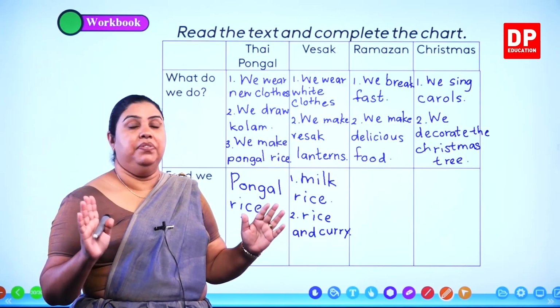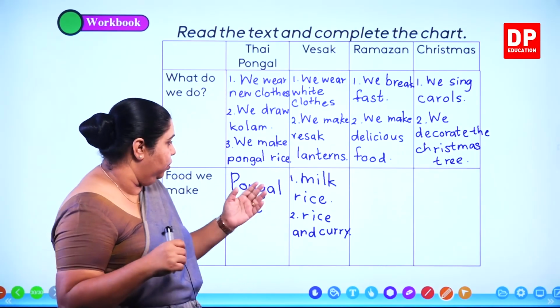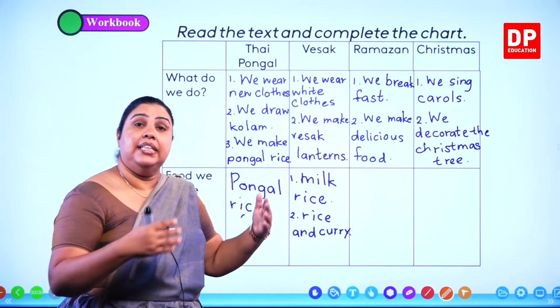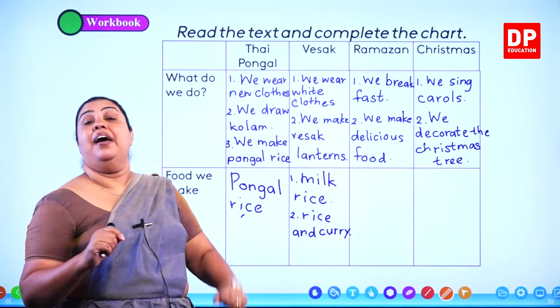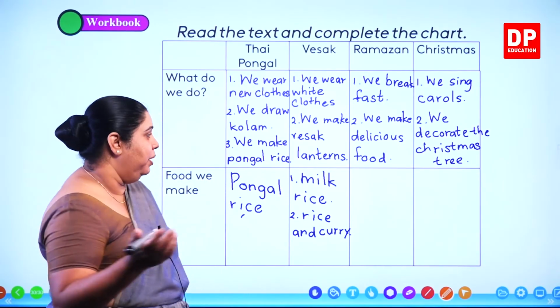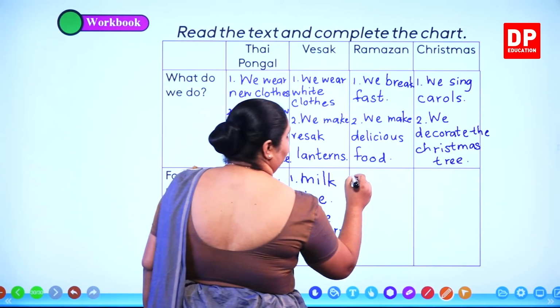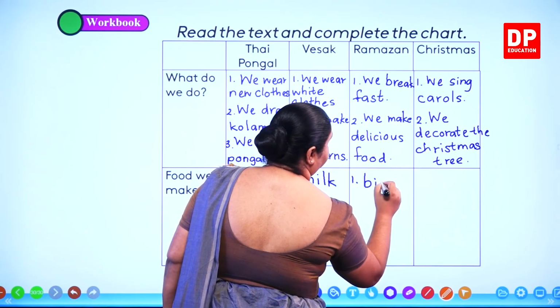You have to remember we do not eat any fish or meat items on Vesak Poya Day. So you make maybe milk rice, rice and curry for the alms giving, right? So you can write that. Then we have the Ramazan. On Ramazan Day, what are the things that you make? You make vatalappan, you make biryani,